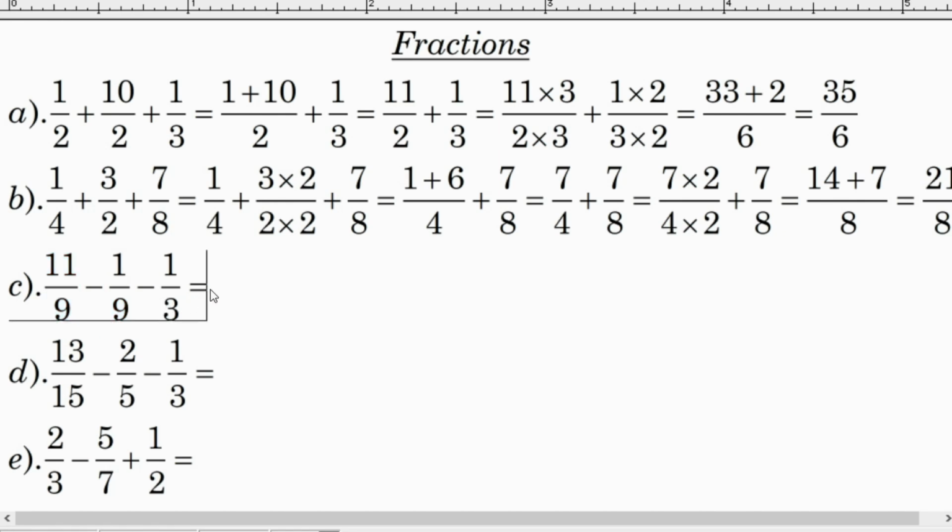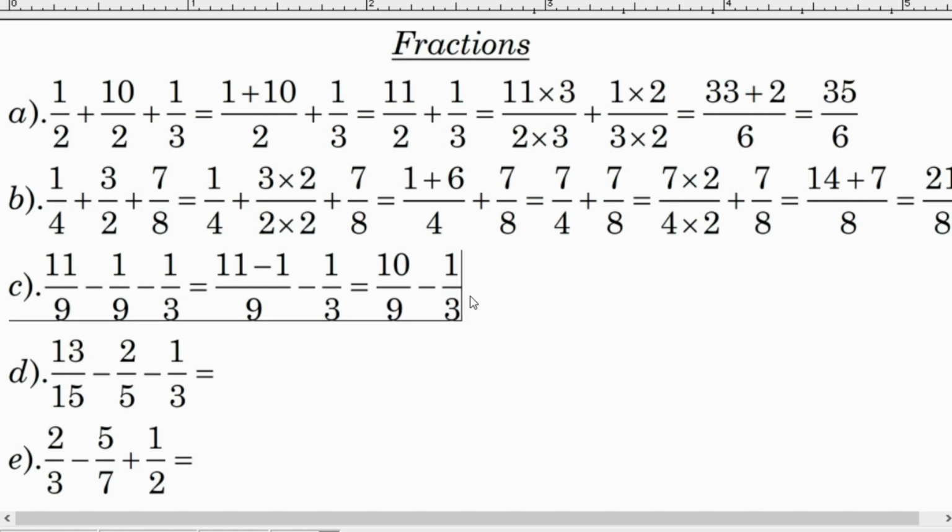So we put the same denominator 9 and then take 11 minus 1 and then minus 1/3, which equals 10 divided by 9 and then minus